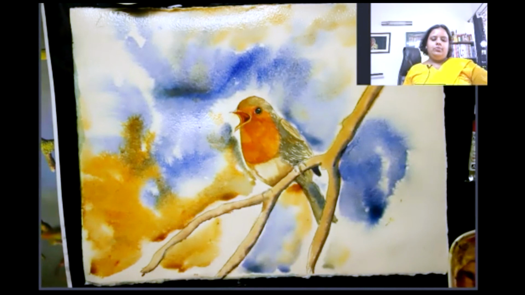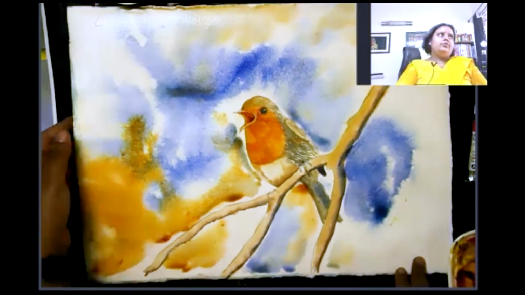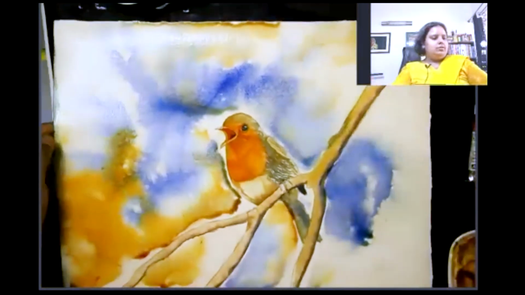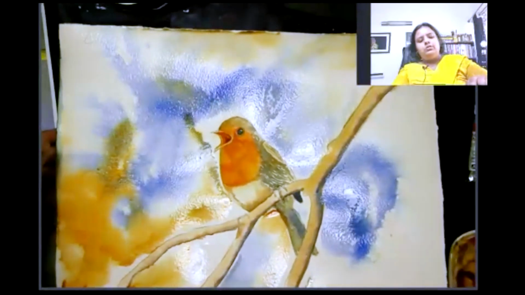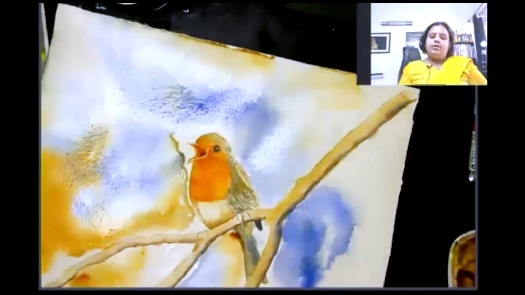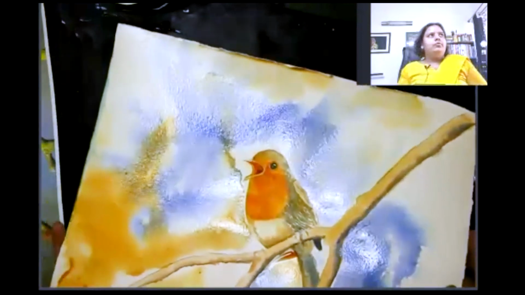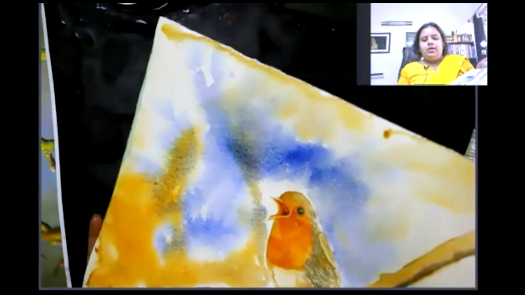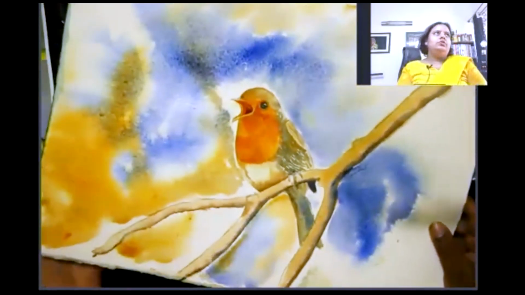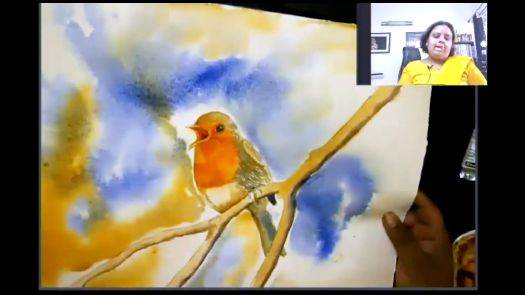And one more thing, we can lift the paper, and if there is more water, we can tilt the paper a little bit and let the extra water flow away. So this will even allow the colors to blend together.